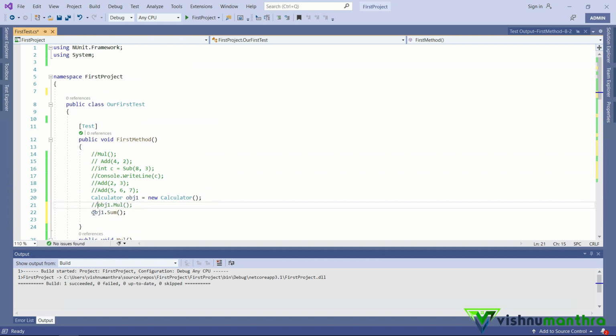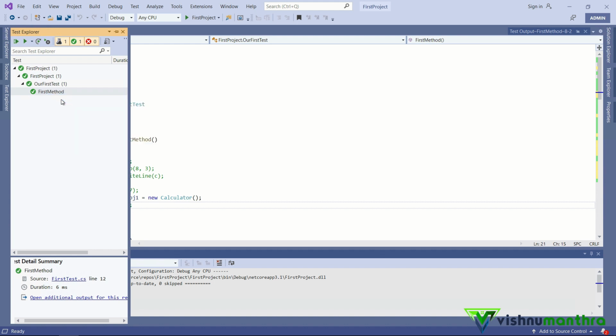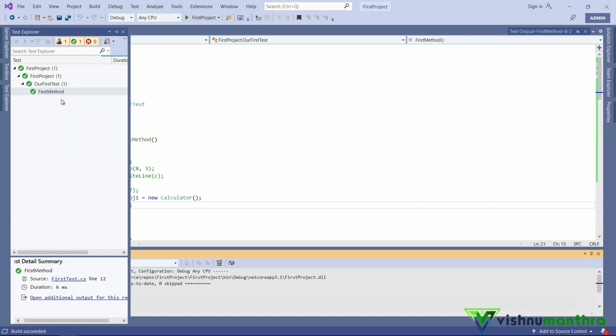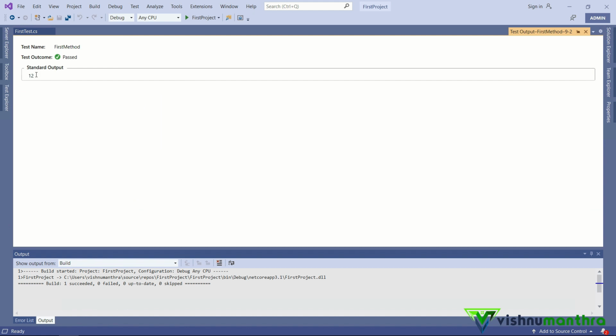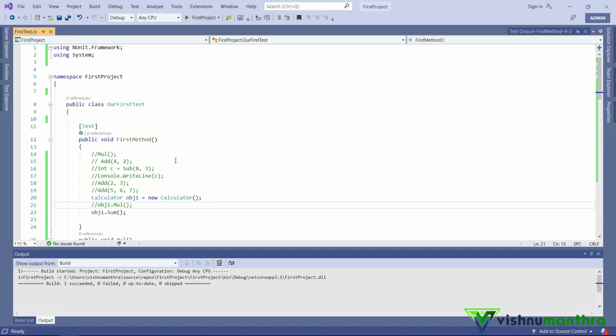And if I run it, you will be able to see the results. So I can just run this one. See, the result is printed here. Okay.